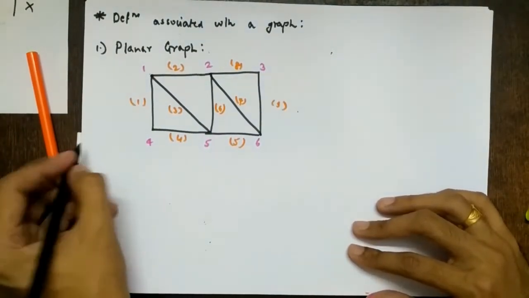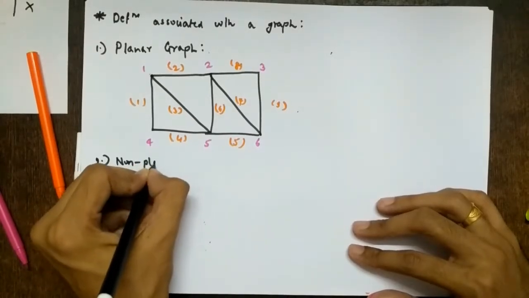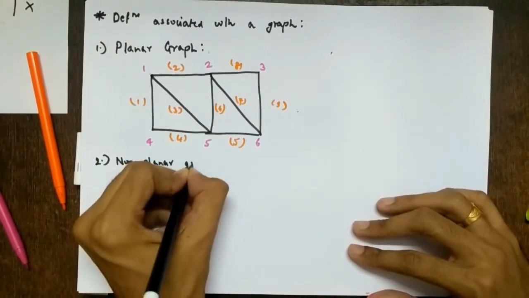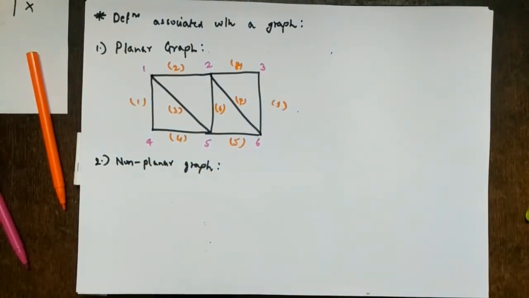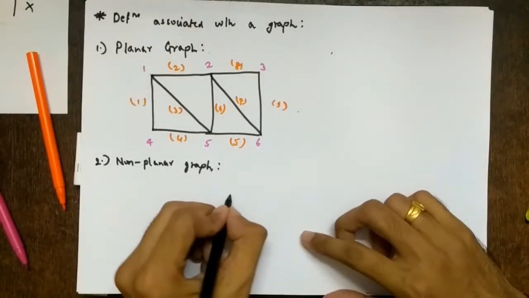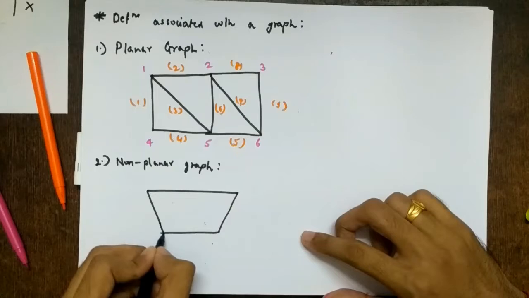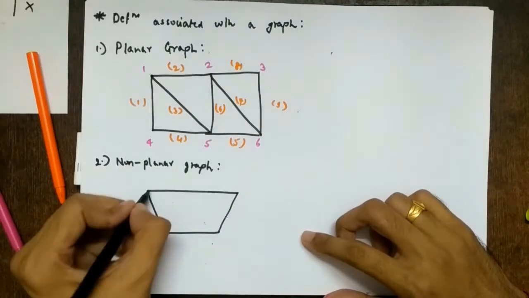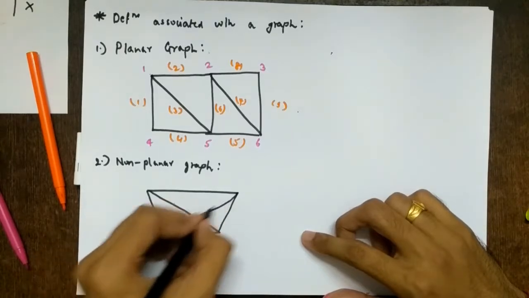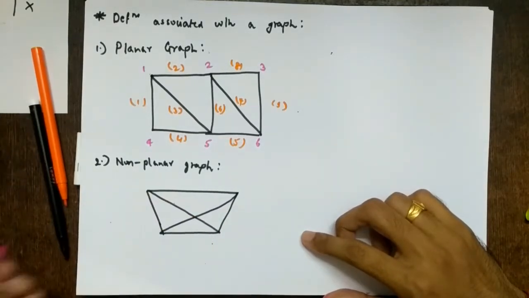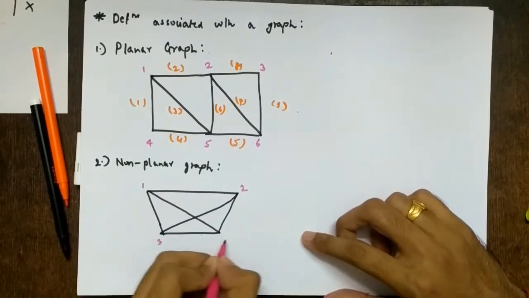So second definition is obviously non-planar graph. Okay. So let's see the example of non-planar graph. So if it was not clear what we mean by intersecting or crossing, it will be definitely clear over here. So what you see here, these two branches are there, right? They are crossing each other, right? So still if it is not clear, let me name the branches and nodes, then it will be clear.